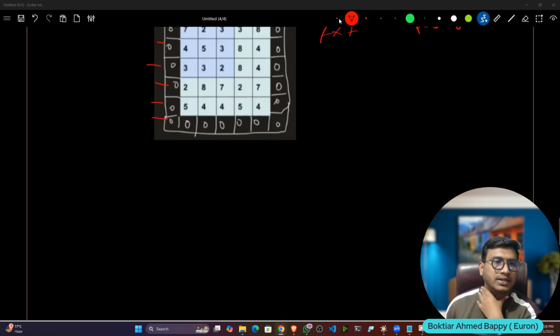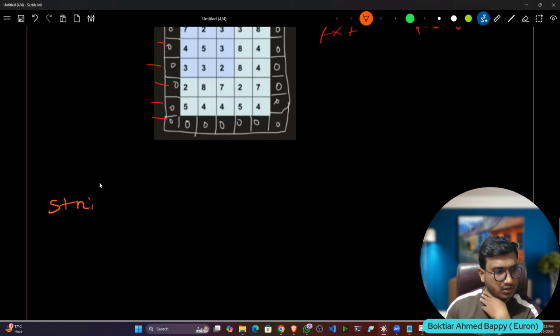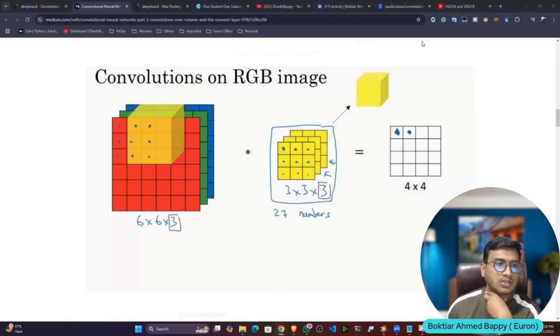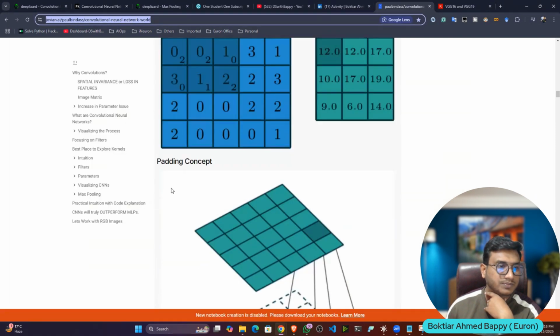Now let's try to understand the stride. What is stride? I think you already know what stride is exactly. Stride means the step you are taking. So if I show you this example,